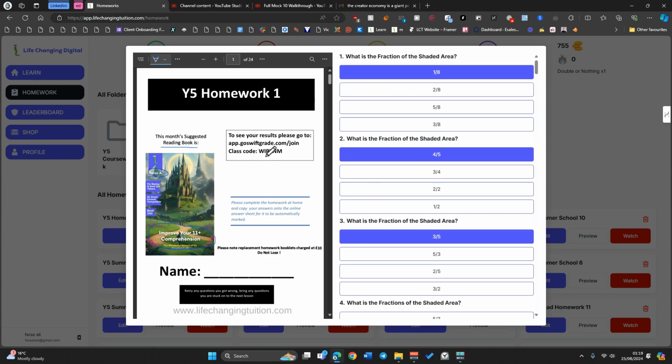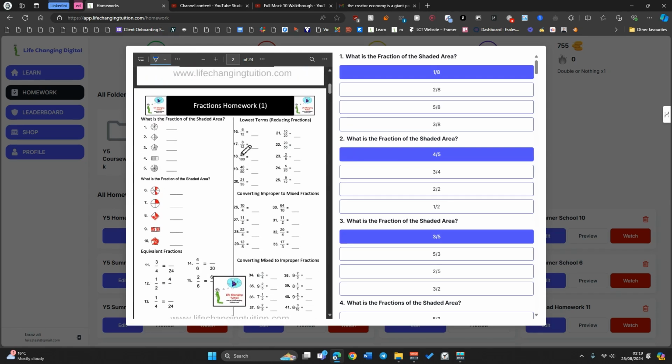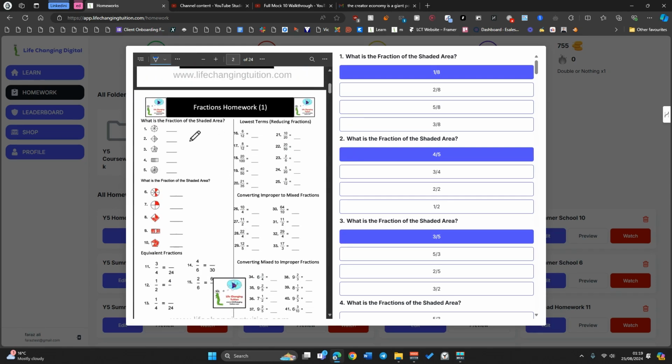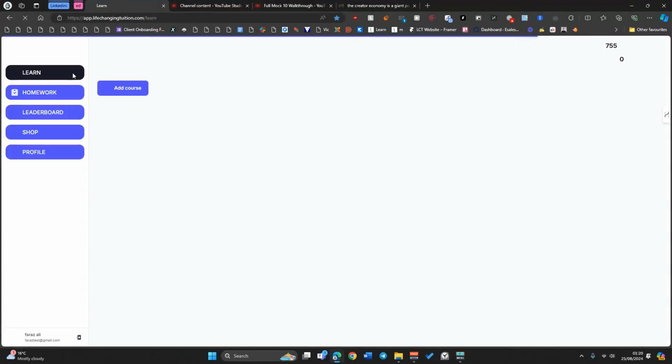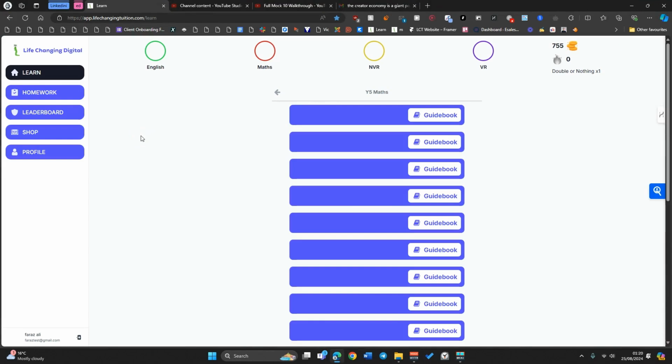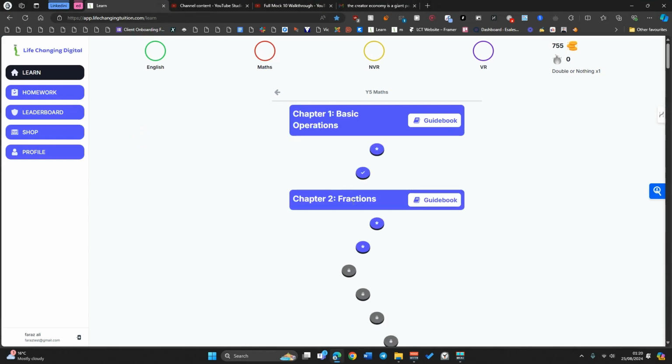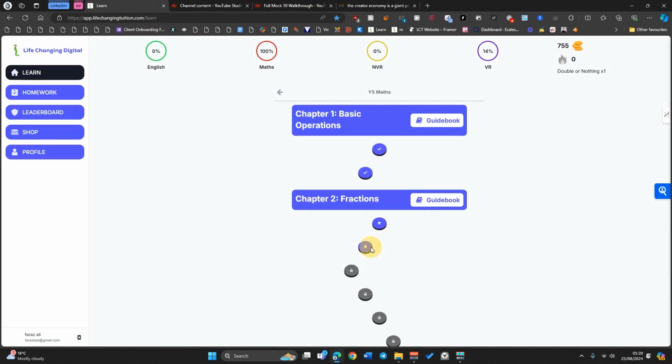Okay, let's go on to the first section: fractions homework. If you don't understand fractions completely, you will have been taught this in class. We also have a video on this as well. If we go to the Learn tab and click on Maths, you've got fractions right here. If you click on the first one here,